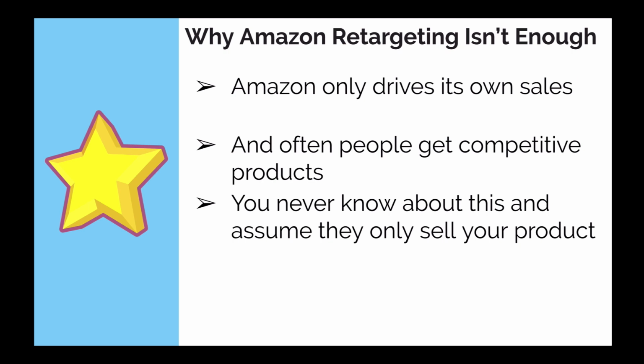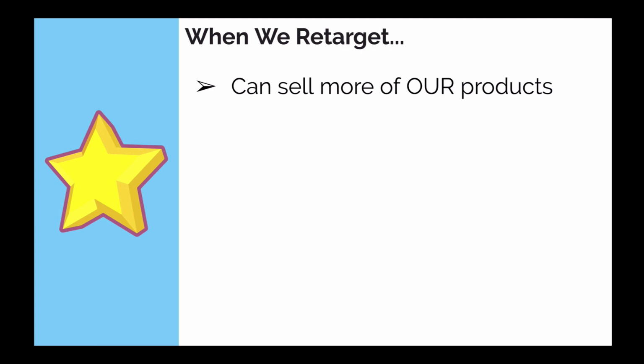So sellers like us, we don't know that this happens, but a large percentage of people who are retargeted by Amazon or who come to our page actually do not buy our product. Again, Amazon doesn't care what they buy, and so we have to wrestle back some control over this. How do we do that? We have to run our own retargeting ads, and we have to mask our URL in an intelligent way, which I'll be showing you. When you mask your URL, you immediately get access to analytics, and you can sell more